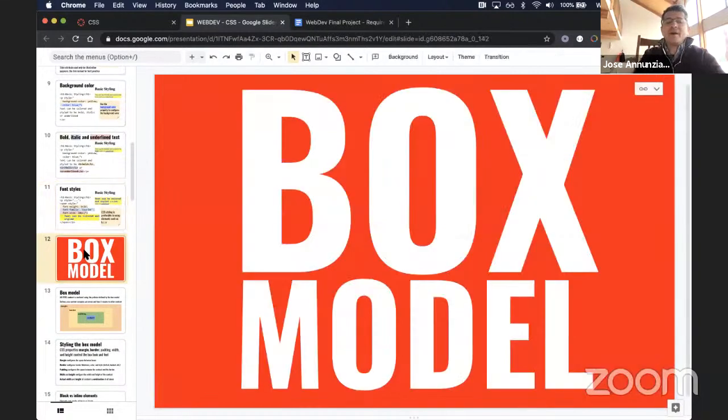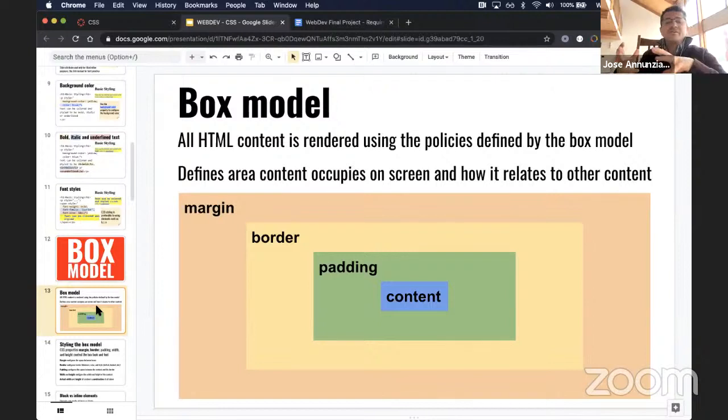Okay, the box model. So the box model is very, very important. It establishes how the browser thinks about anything that you see on the screen. Anything that you see on the screen is some real estate that the browser needed to compute of where to display things on your screen. So, for instance, even this